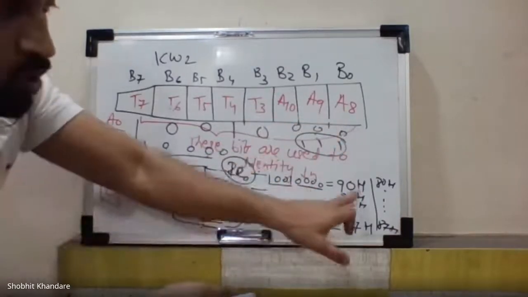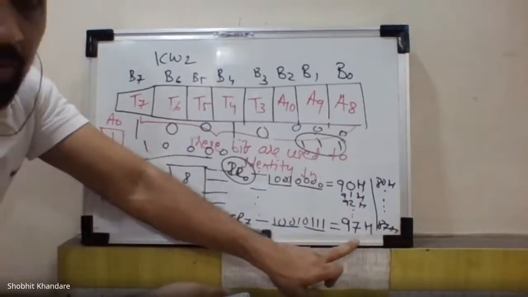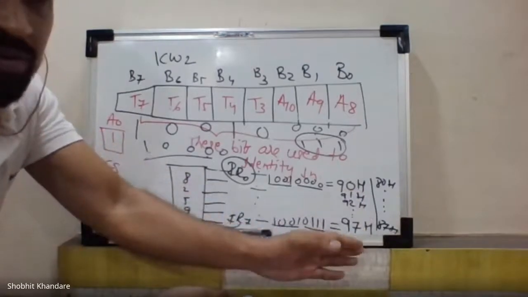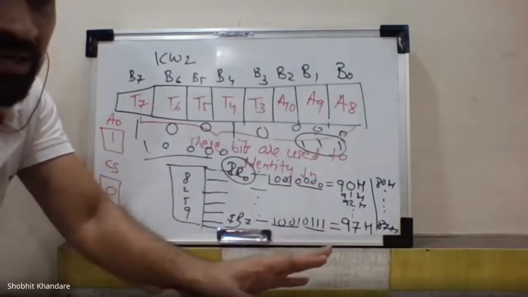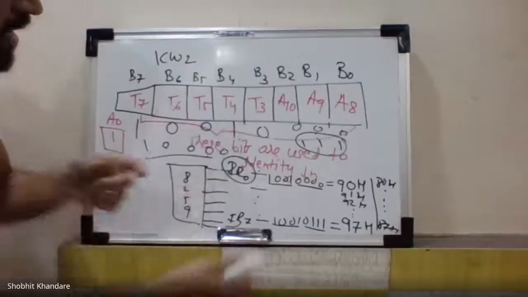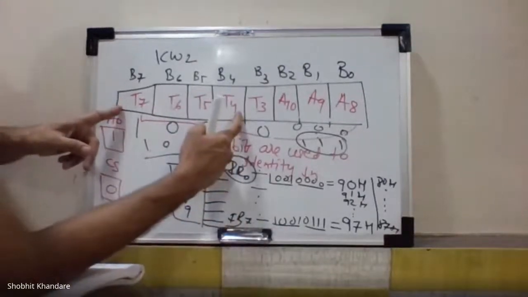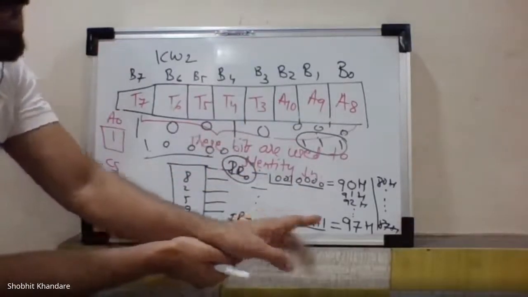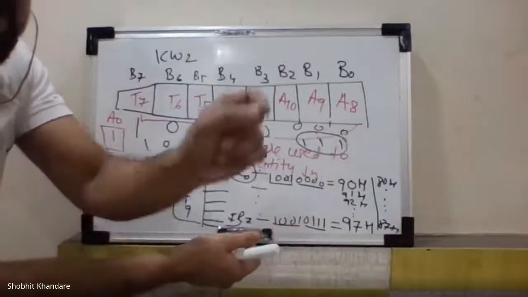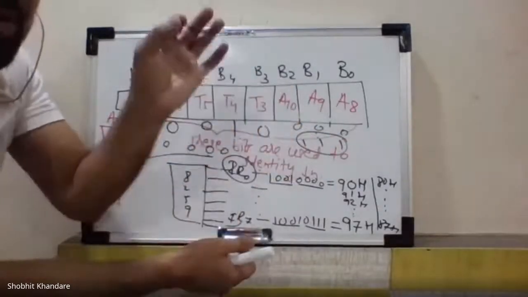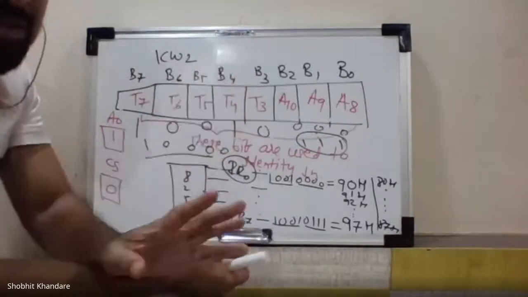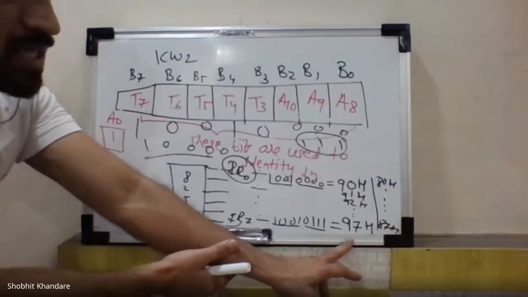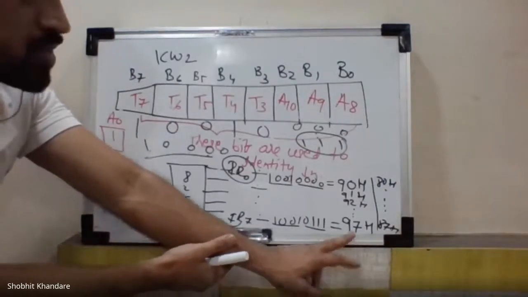Okay, so can I say the lower 4 bits will give you the 0, 1, 2, 3, 4, and the higher 4 bits, not exactly, not all the time, it depends upon what you have taken. If these 4 bits only were programmable, then the case would have been different. Okay, so here I have just given you an example that these 3 bits are always inserted by 8259, and they will range from 000 to 111 for IR0 to IR7. And if they are programmable, how are we getting the interrupt type number? I hope you have understood.